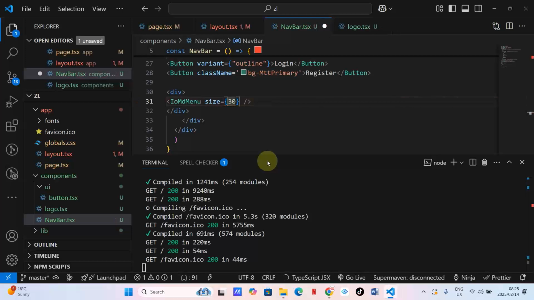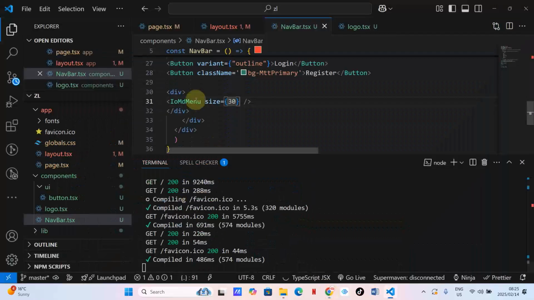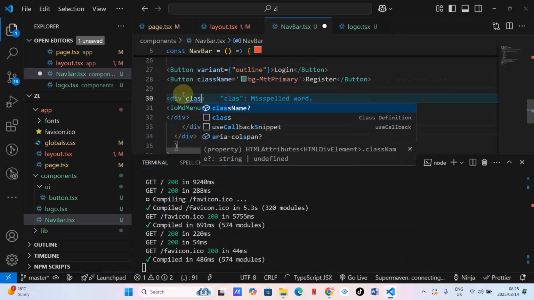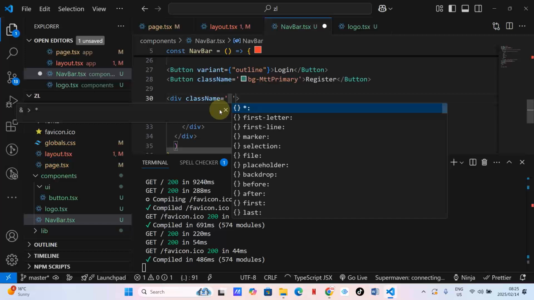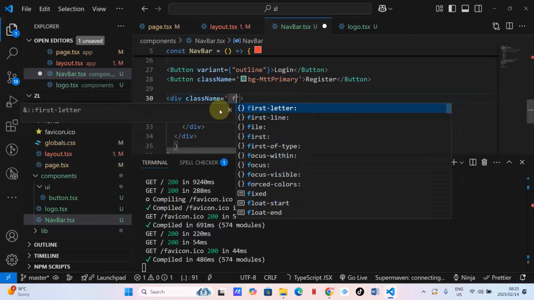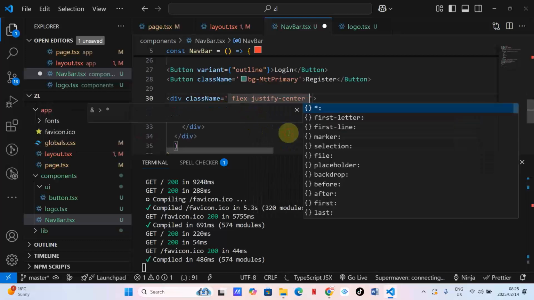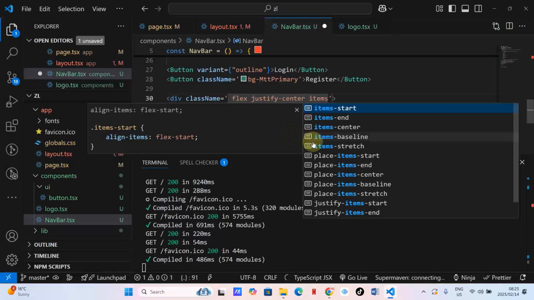Let's try 30. Okay, I'm happy with that. And then what I want to do, class name. I think you know by now there's nothing we can do without flex. Flex, justify center, items align center,